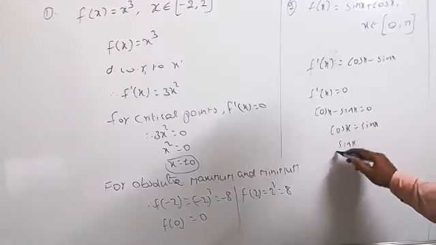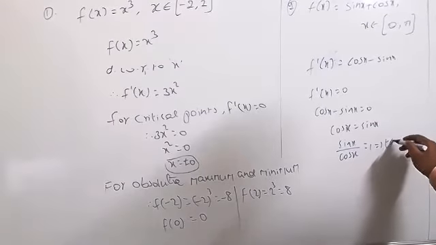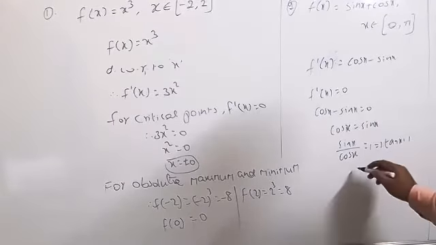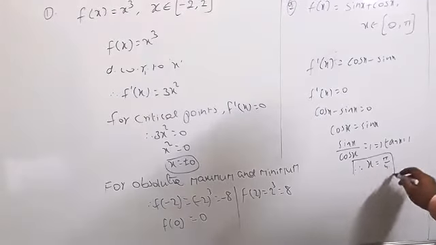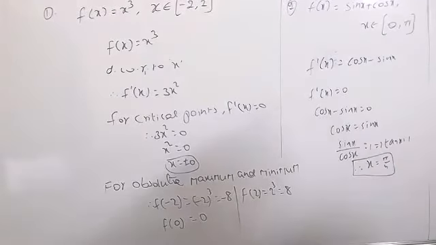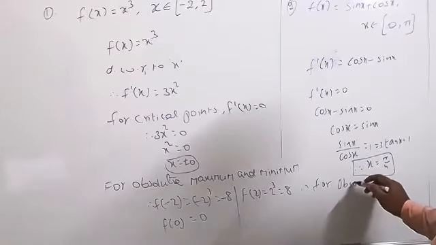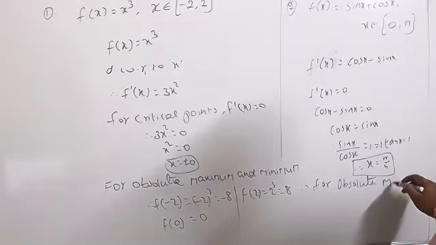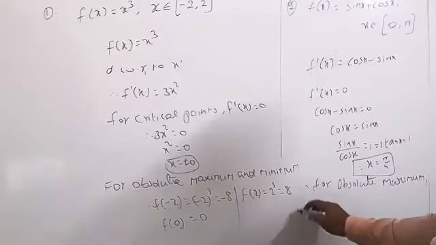Therefore sin x by cos x equal to 1, so tan x equal to 1, which clearly means the value of x equal to pi by 4. It clearly lies between 0 and pi here. So therefore for absolute maximum, absolute maximum,